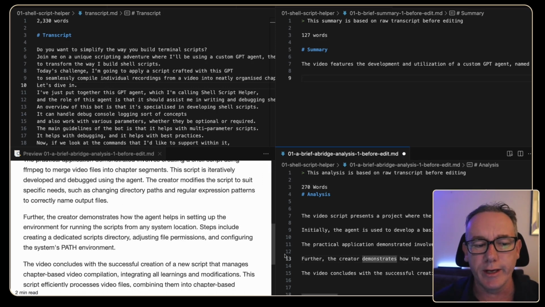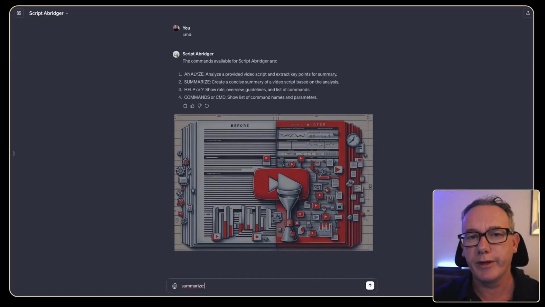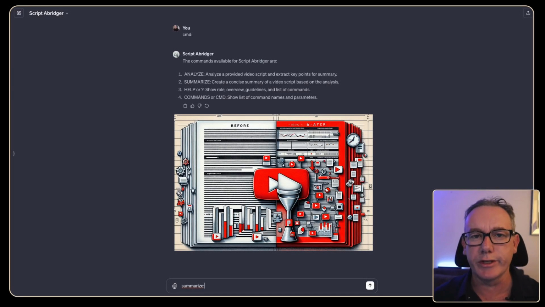There's also the analysis, which gives more of a structural view of what the document has, and it's in 270 words. Now, both the analysis and the summarization of the transcript make for really useful inputs into other bots that might generate a description or generate graphics for an intro.